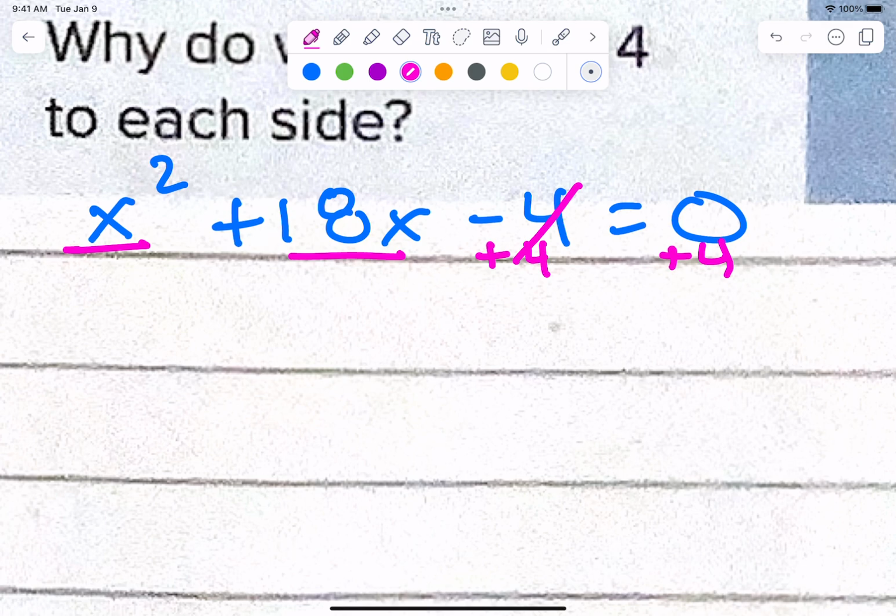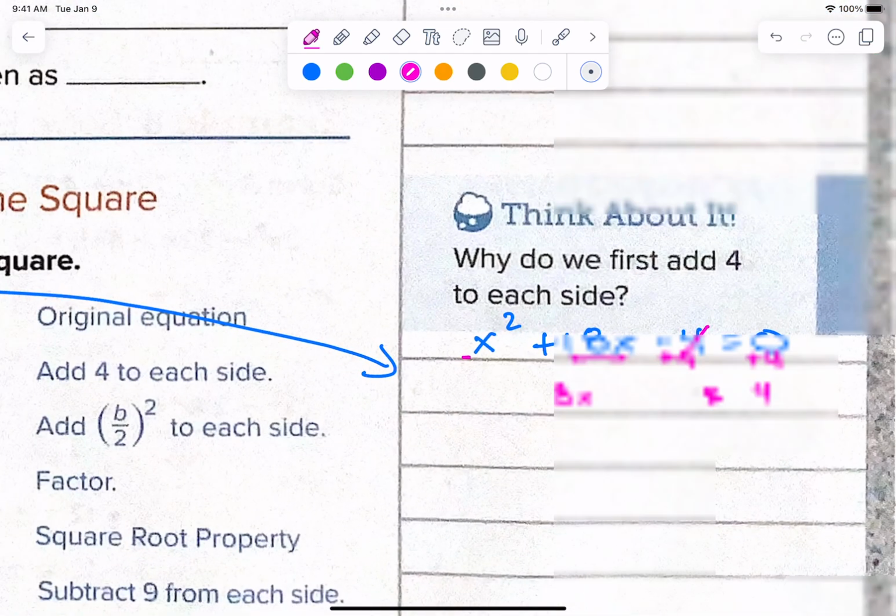So after step number 1, I've got x squared plus 18x, I'm going to leave some room, and I'm going to say equals 4. Do you see where I get the 4 to the other side? That's step number 1. X is on one side, number on the other. Got it? Okay, now, step number 2